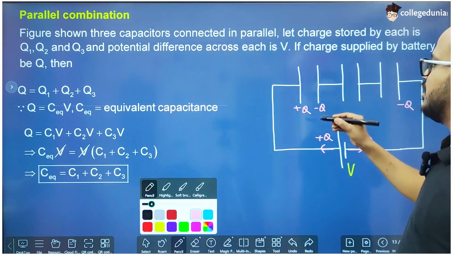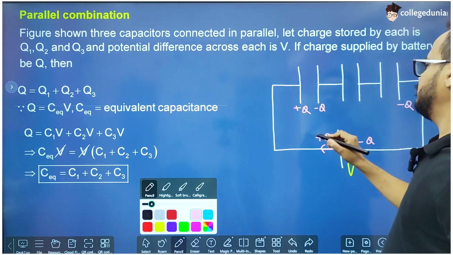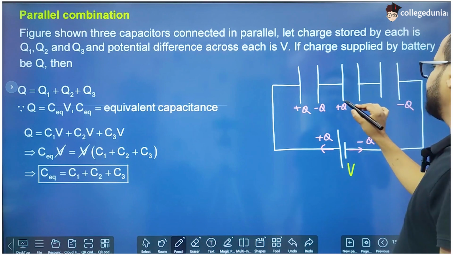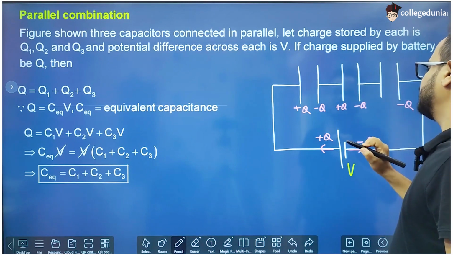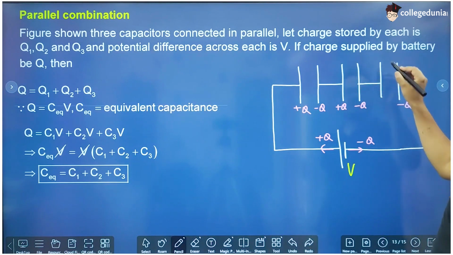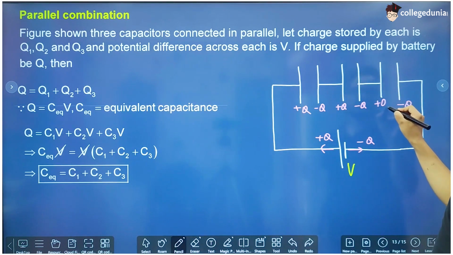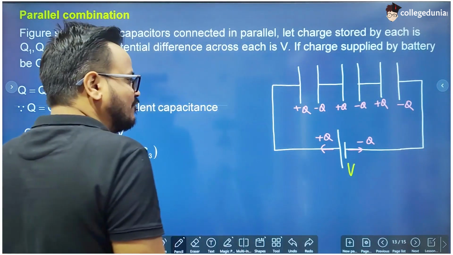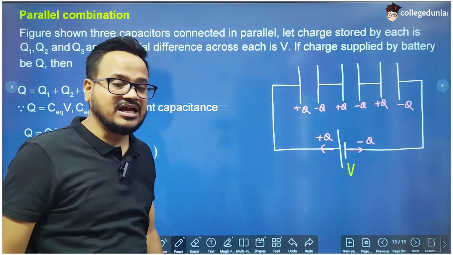So if a minus Q charge is induced on this plate, then plus Q charge has to be induced on this plate, and minus Q charge will be induced on this plate, and these two are again an isolated system of plates, so plus Q charge will be induced on this plate. So we can clearly see that charge in series is the same on every capacitor, and that is the main takeaway